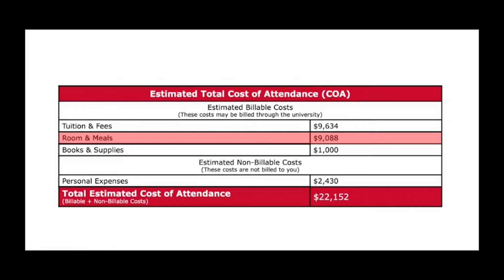Next up is room and board, meaning your residence hall and meal plan. The number given on the aid offer is an estimate and is based on the cost of the standard double residence hall and the cardinal meal plan. The numbers can vary based on which residence hall the student picks to live in and what meal plan they